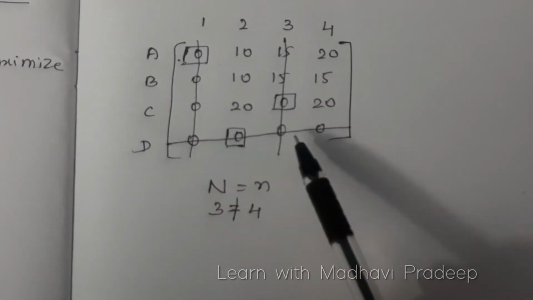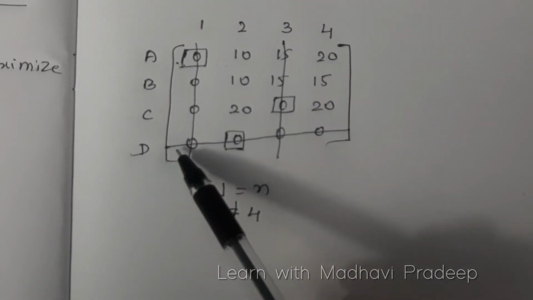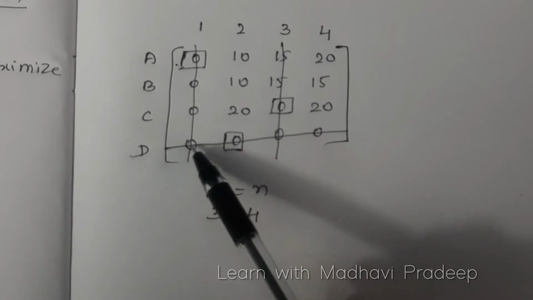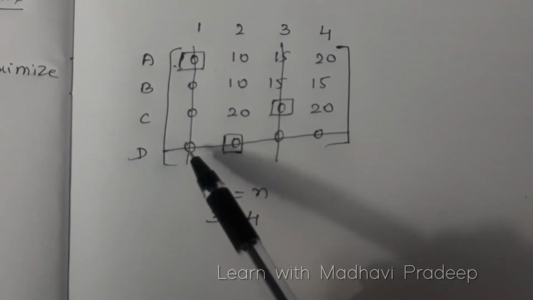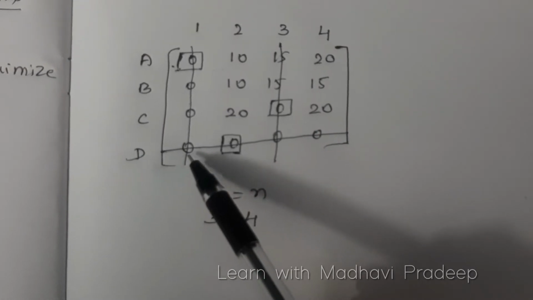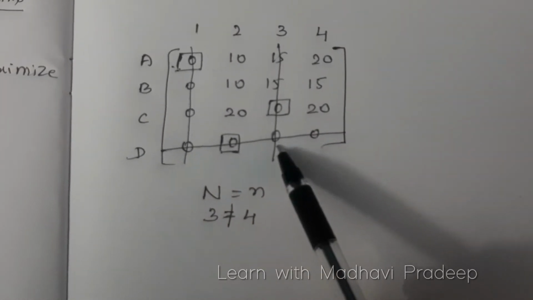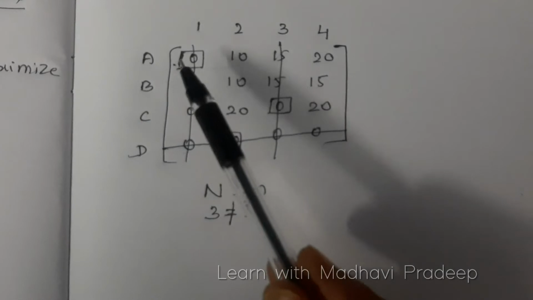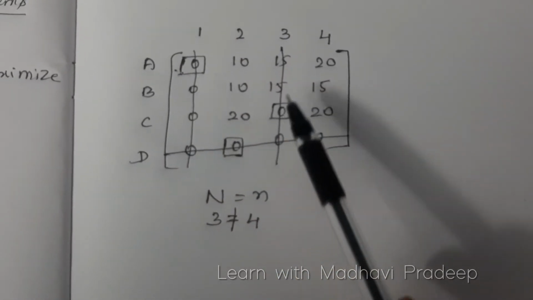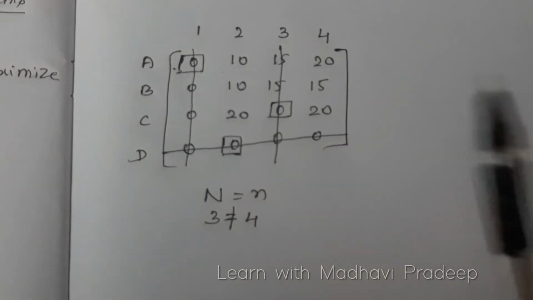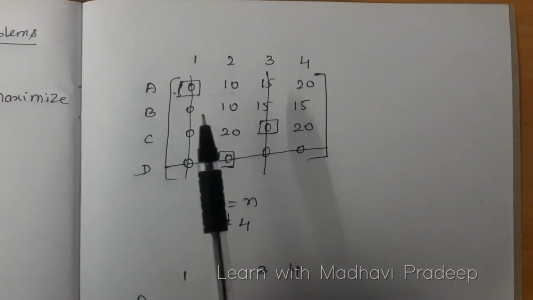So this is the point and this is the point. Can you see? Both the horizontal and vertical lines meet at this point. So add this 10 at this point to the value which you already have. That is 0 we have, so 0 plus 10. Again here also 0 plus 10. And the other values which are just cancelled will remain the same. Now I'll update. Now let's write down the new matrix.